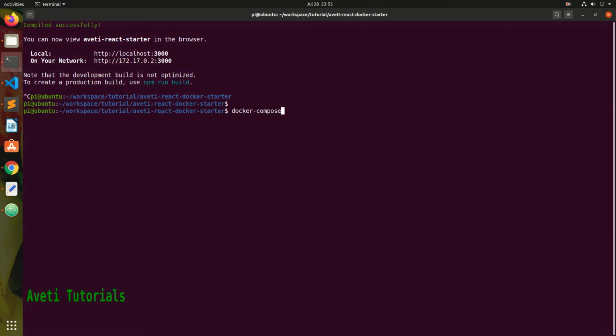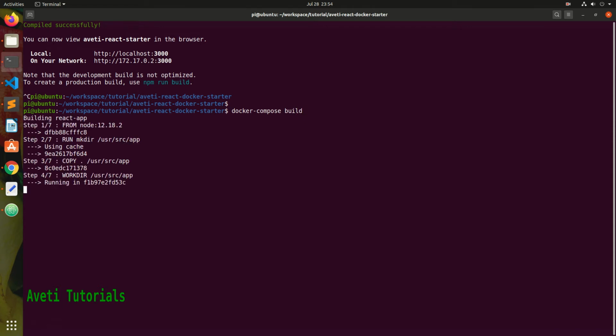So we write docker compose build. This command helps to build the images which you have defined in your docker compose file.